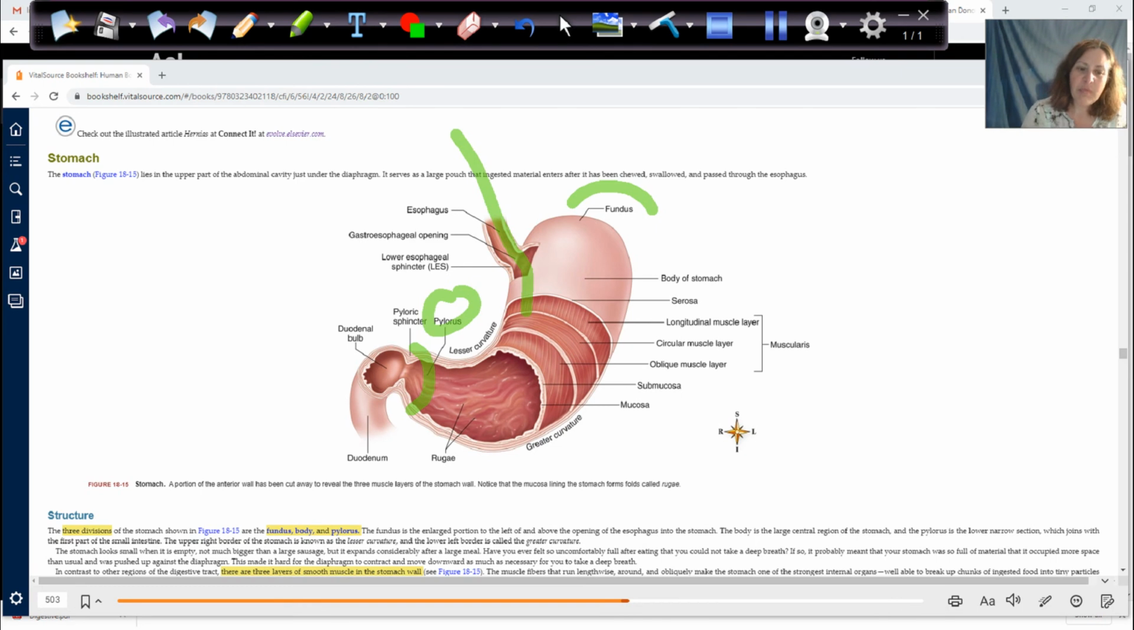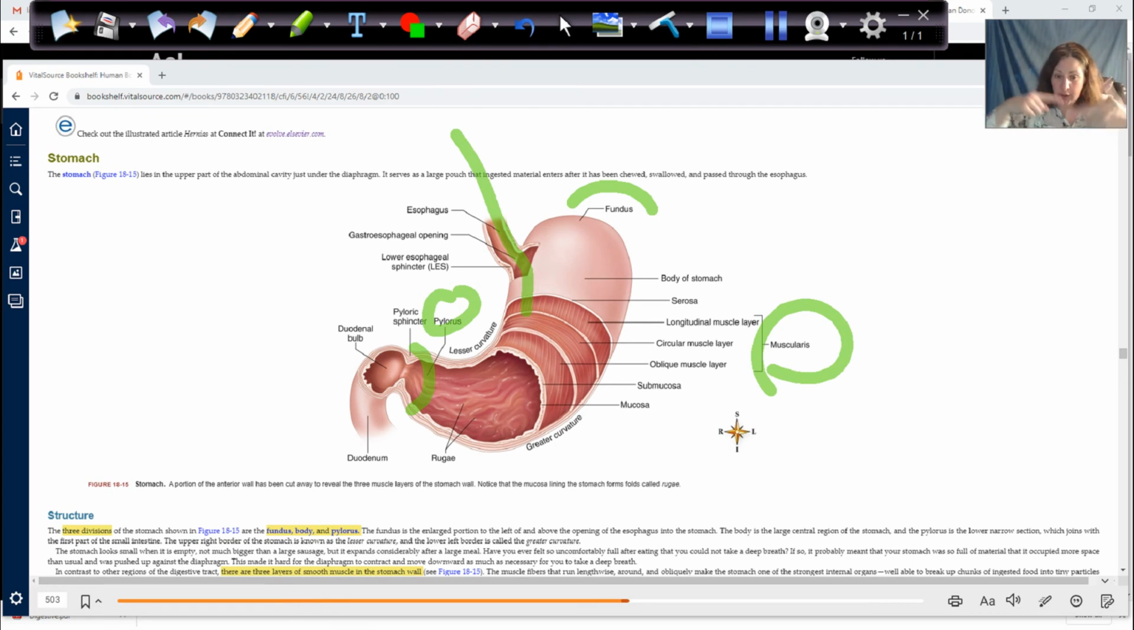Okay. The body, you can see, has 3 layers of muscle here. So it still has the mucosa and the submucosa and the serosa that we've already been talking about. But with this one, the muscularis has 3 layers of muscle. There's a lot of action going on here in our stomach because our stomach is actually going to churn